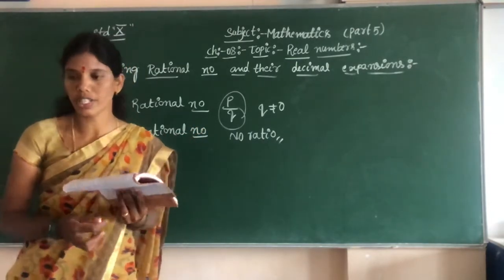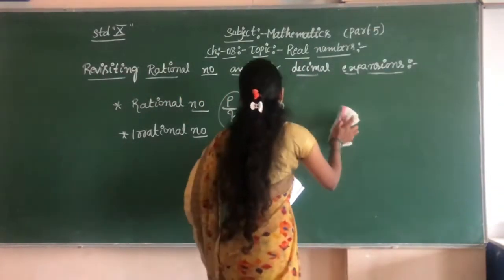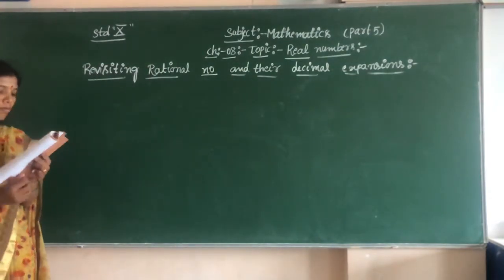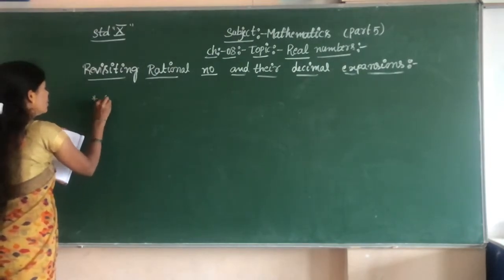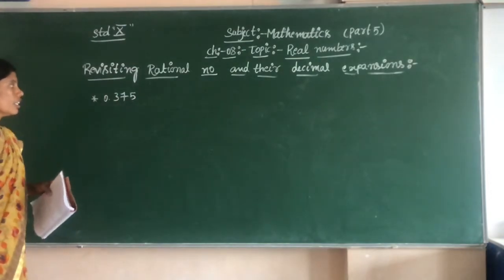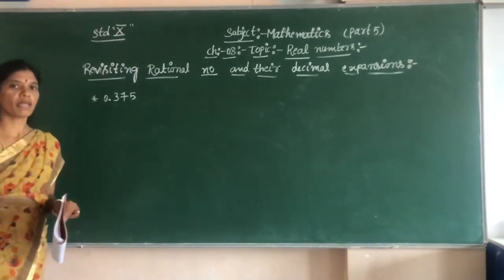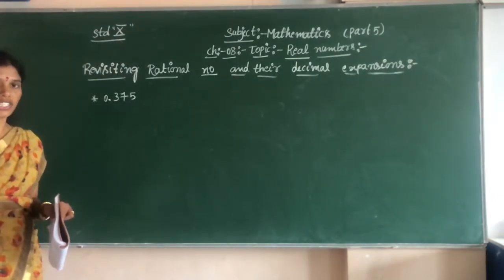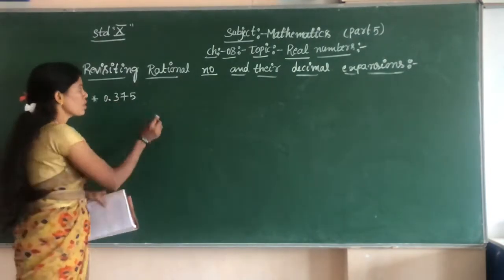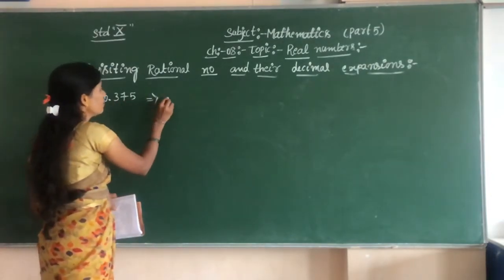First, which one should we take? The first one is 0.375. You see, the 0 point is coming, which means that is the decimal expansion. 0.375. So here, how do we write it? You should write 1 2 3.